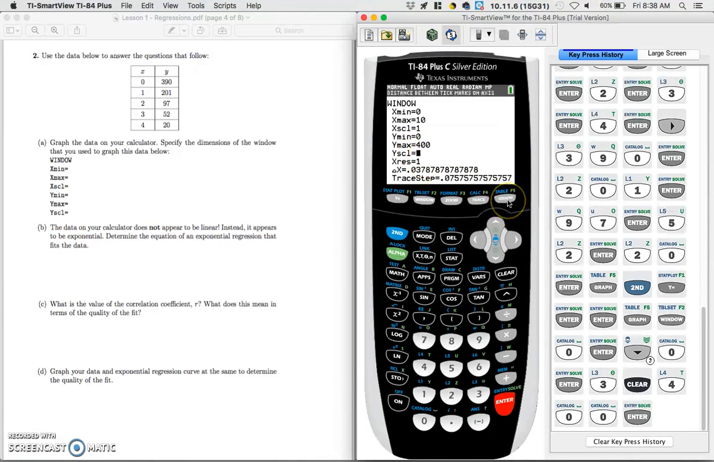Now let's take a look at our graph with this new window. All right, great. So we can see all of our data points just like we did before. Now this data does not look linear. In fact, it should remind you of the stuff we were talking about in our last unit. It looks like an exponential decay graph. So this time when we fit the data,